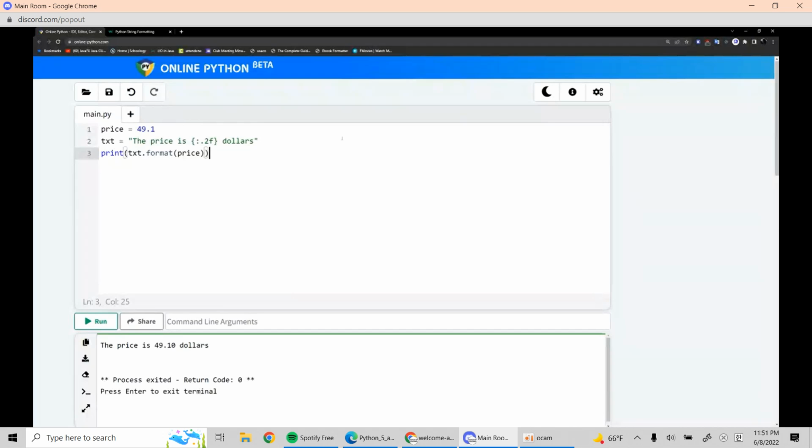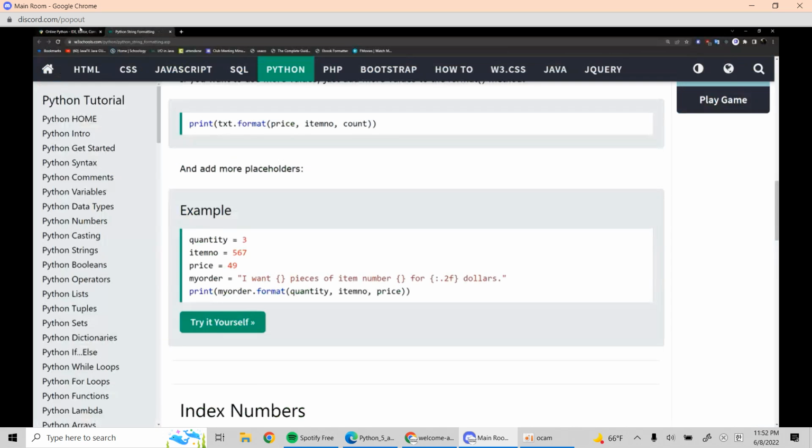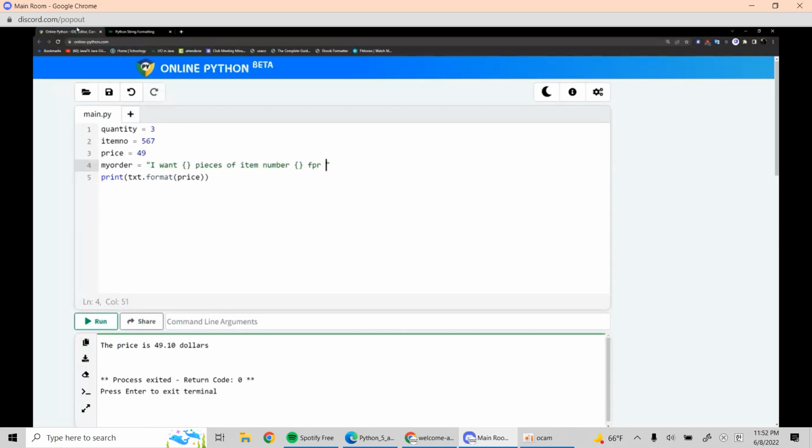My order is equal to. So I want blank pieces of item number blank for